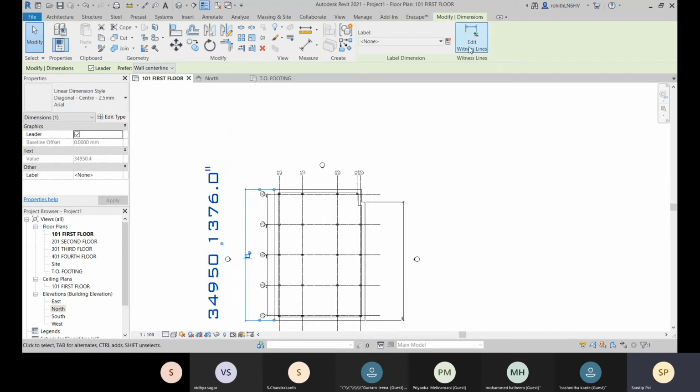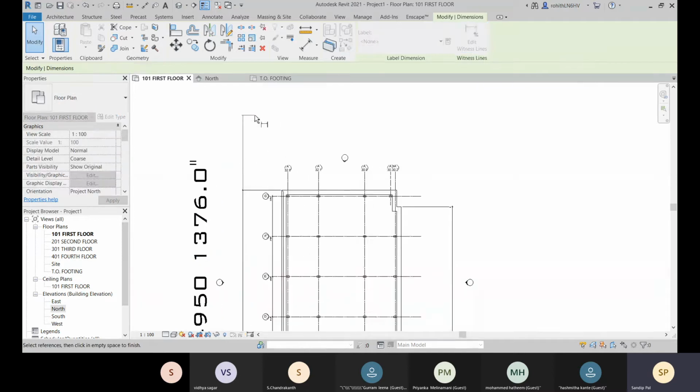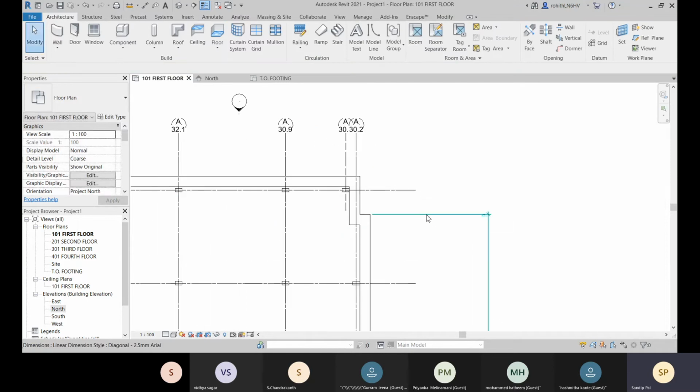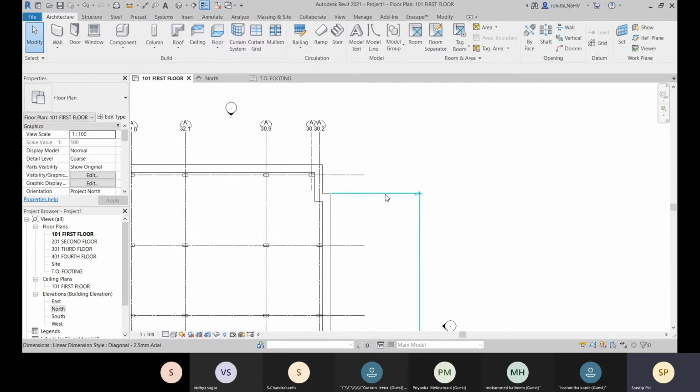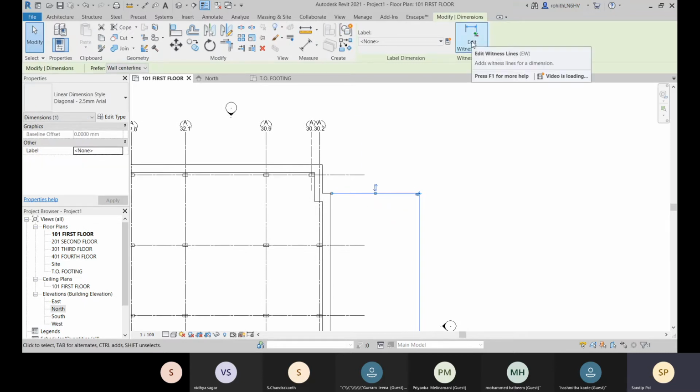and here you can see that this edit witness line is there. So from this one dimension you can add another. When you want to continue from this end, suppose I want to continue from this end, I will select from this end, then I can go to this edit witness line, or else I can press EW.